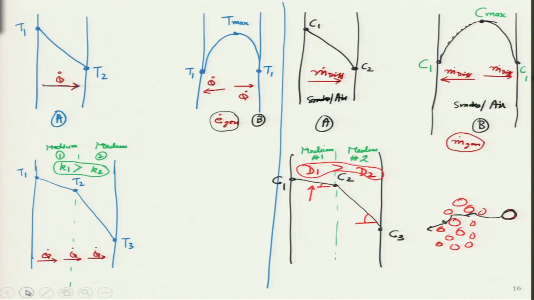But coming back to this particular case, we can clearly write over here that whatever is the mass diffusivity D value of medium 1, it is clearly much greater than the value of D2. I hope this analogy concept is clear to students. So, in this particular slide, we have looked at the very nice analogy between conduction heat transfer and mass diffusion in stationary medium. I think we have time for one more slide.